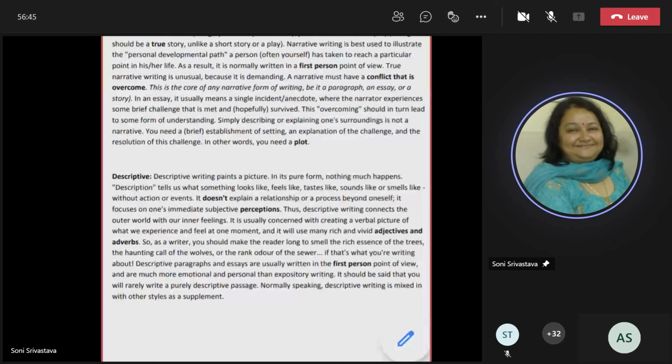Finally, like we talk about persuasive, if I give you an example, if there is a debate, it could be the best example. For example, should there be school uniforms, or should it be made mandatory, or should school uniforms not be required? It's a debatable type of thing. If you put it across, these all come under persuasive writing skills. Fine. So four of them are there.